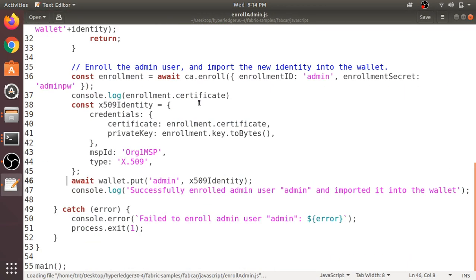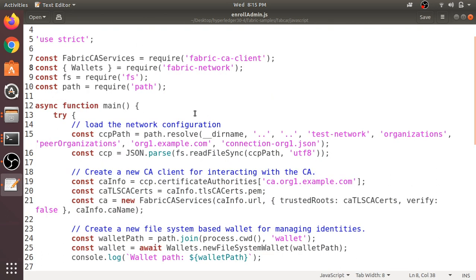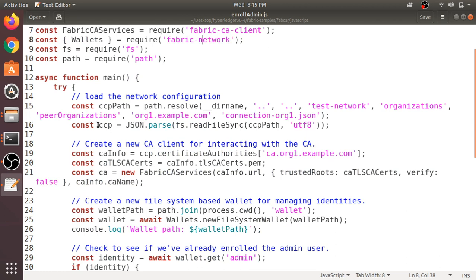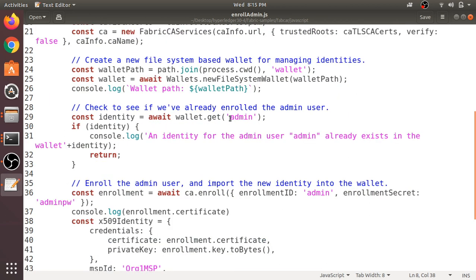Here you can see we are creating the admin using the different packages of our Hyperledger Fabric CA Client and Fabric Network, and here we are using the organization peer0, organization 1, and we are setting the name of the admin as admin. You can give any other name here as the name of your admin. I just used what is given in the Fabric sample itself, where admin is your user.